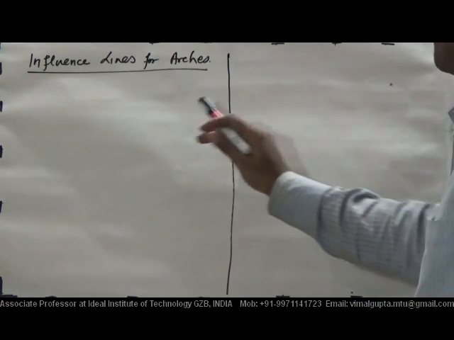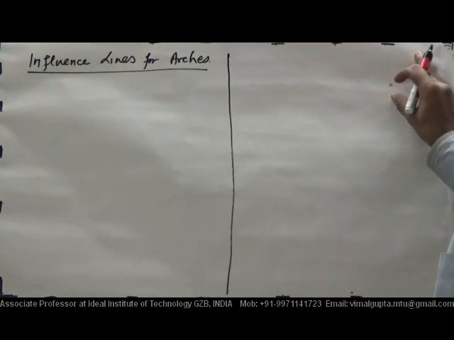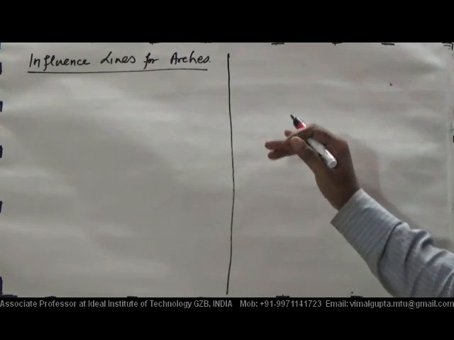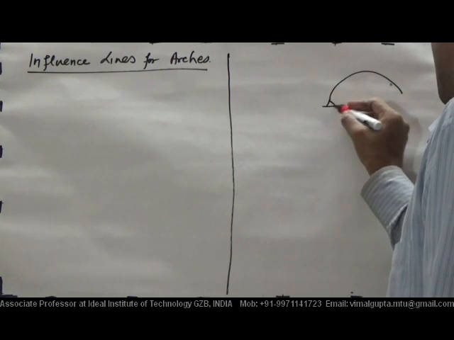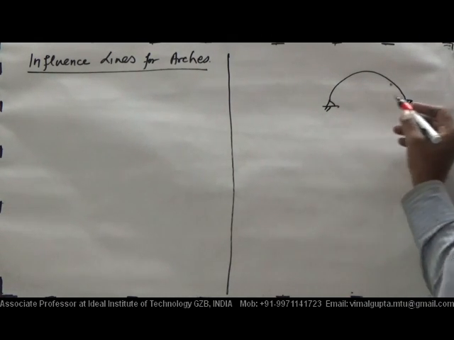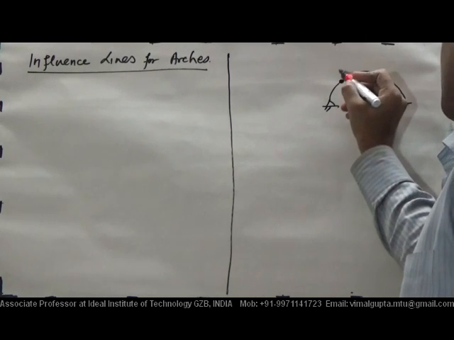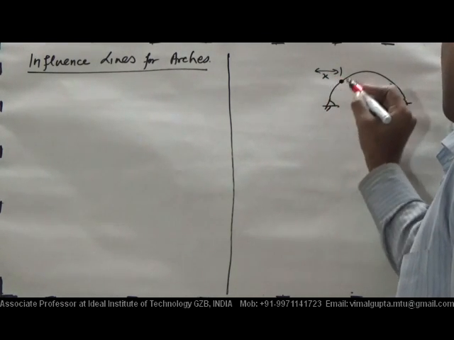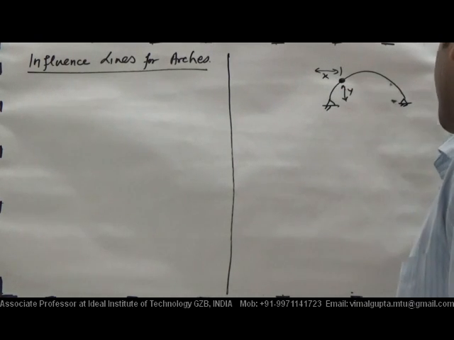Today we will plot the influence lines for an arch, and we know very well that in an arch, either it is 2 hinge or 3 hinge, major force considered at any section X, at any section P (X, Y), we have three types of